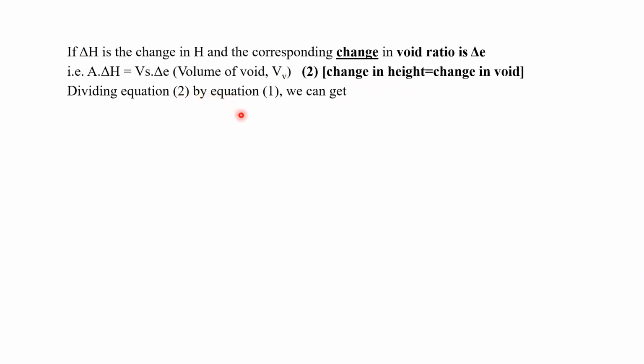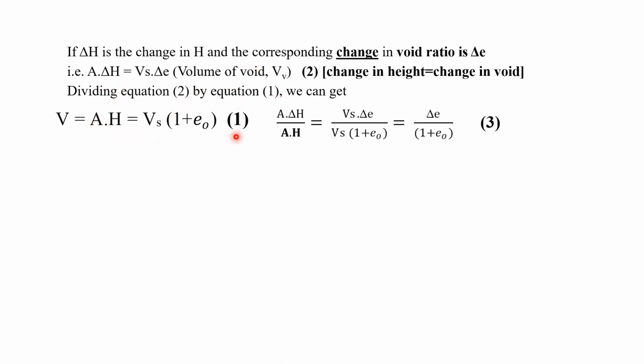So equation 2, what we are going to do is divide equation 2 by equation 1. This is equation 1, right? This is equation 2. So divide this equation by this. So we shall get these values, Vs by Vs will go, and then we can get delta e by 1 plus e, right? So further we can also write this equation, this delta V,